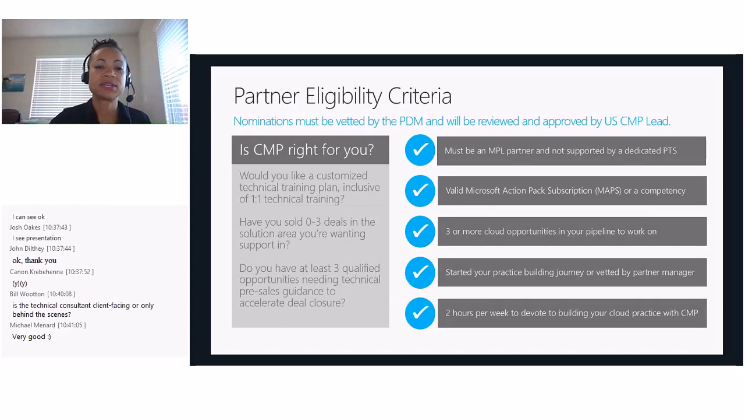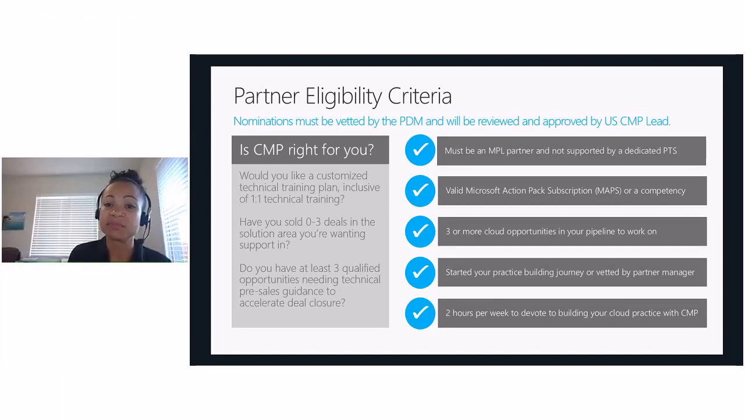Okay, so here's some of the minimum partner eligibility requirements. You need to be vetted by your IPDM or PDM before being submitted, and then they'll submit on your behalf. You do need to be a managed partner, so the team here is all managed, so they're fine there, and not supported by a dedicated PTS. So this team, again, is as the partner set that you don't have a dedicated partner technical support person,